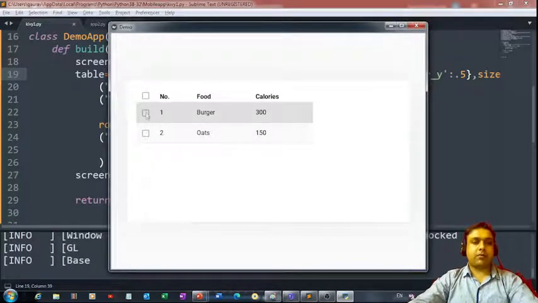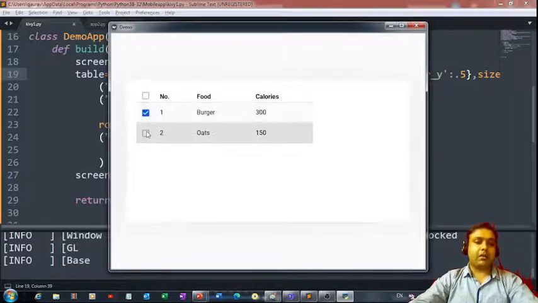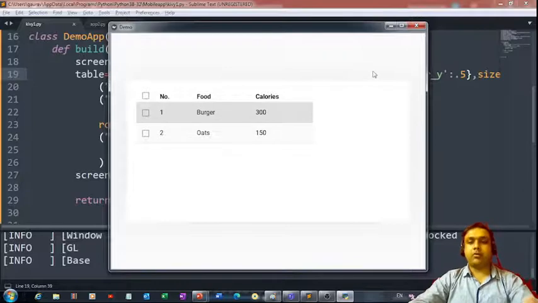So checkboxes are visible to us. If I click this checkbox, I'm able to see a tick mark, right? And if I want to select both of them in one go, I can simply click this.